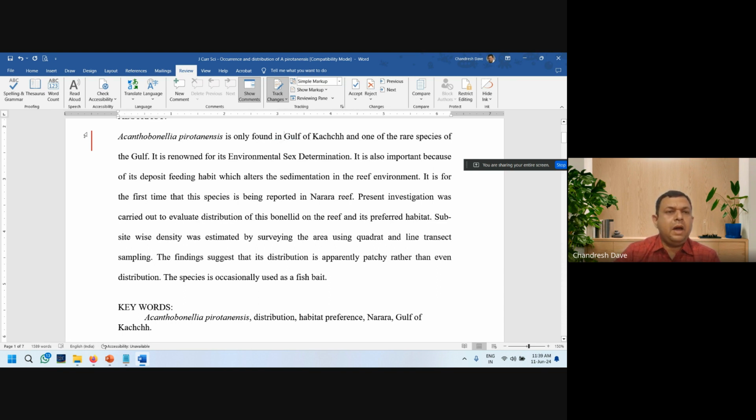Here it will mark where the change was made, but here the change is made by the same person who created the document, so you will not find another one. But if the file is modified by some other user instead of Chandresh Dave, it will create different marking here. Let me show you that.